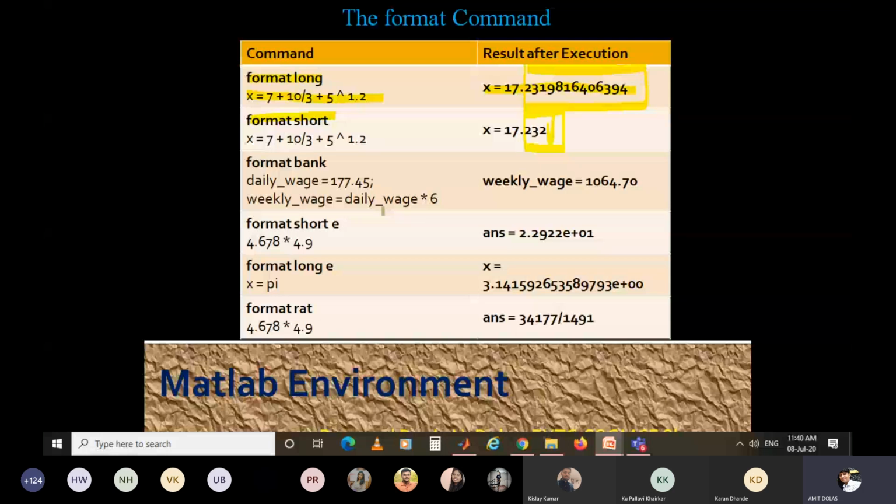Then format bank rounds off to the last 2 decimal digits. Format short e gives 4 digits with exponent. Format long e gives 16 digits after the decimal point and exponent. And format rat is the rational number. For 4.678 multiplied by 4.9, the closest rational number is here.